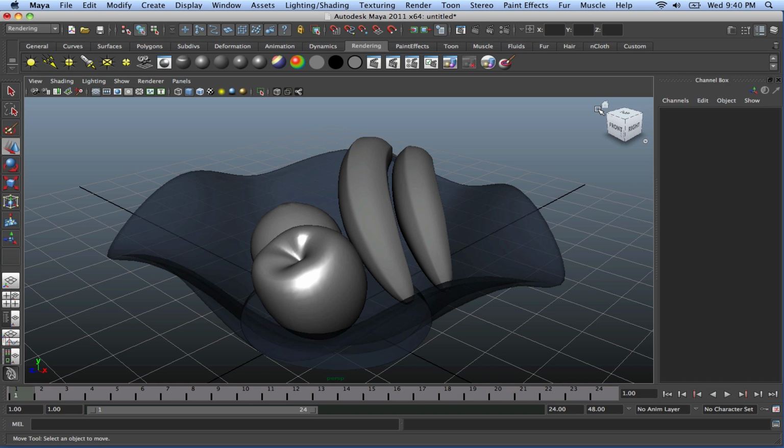In this tutorial, I'm going to show you basic lighting in Maya. Rendering is like photography, and in photography, in order to take good pictures, you need light. So, when I render something like this one, when I render this,